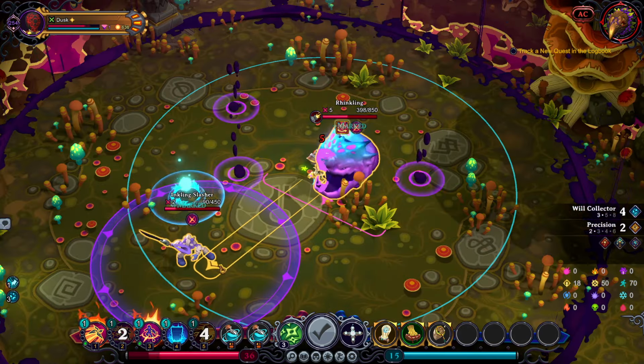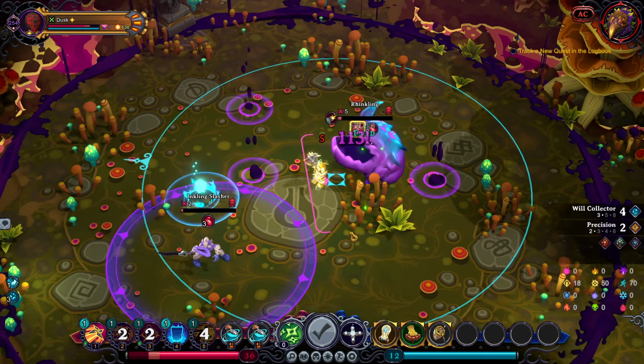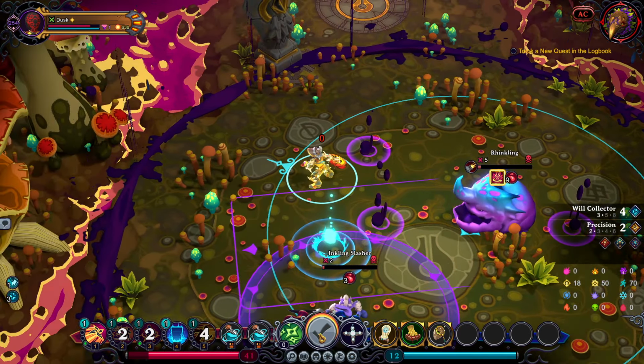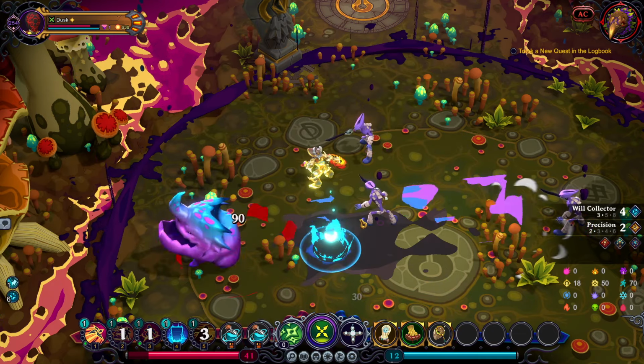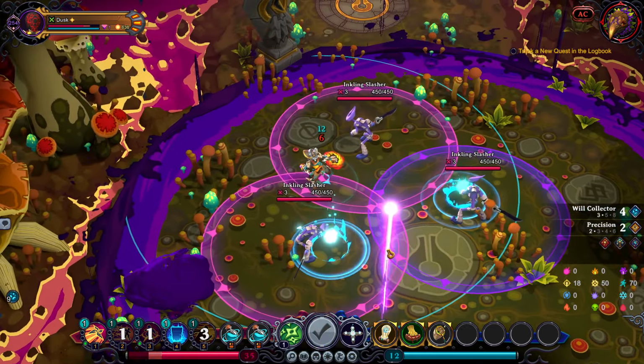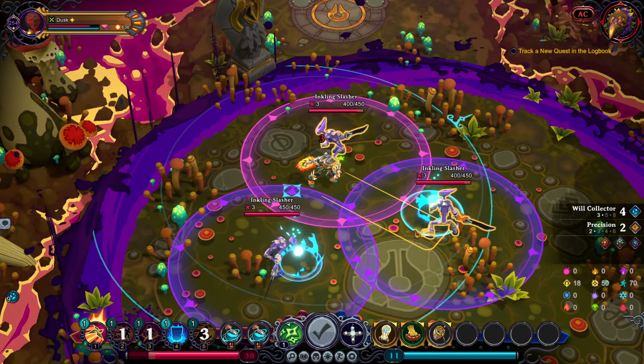Get some bleed out, which kills him. I'd like to kill this guy on this turn and then hang out here, I think. And that's perfectly good to me. Take no damage, everything's dead. I can be a little more aggro here specifically because of